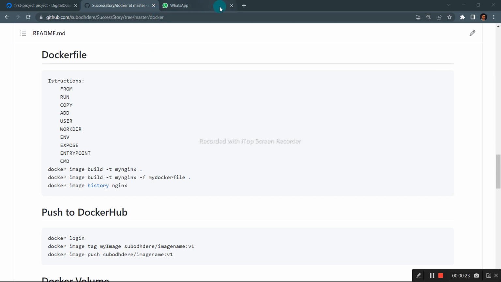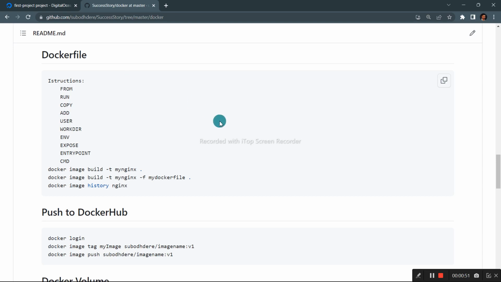We started discussion about the Dockerfile. That is nothing but a text file you can consider, which we create mainly to create a customized image. So we have to write certain content within that, some instructions within that. There is a standard format of writing the Dockerfile as well. And once we are done with writing the Dockerfile, then we can create a customized